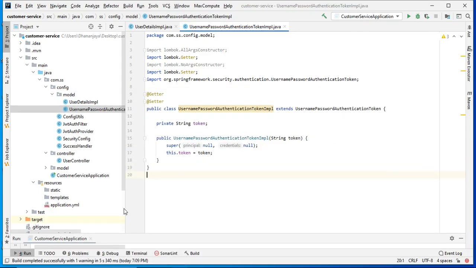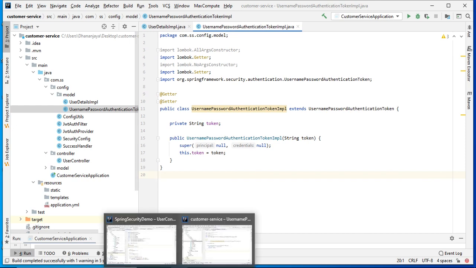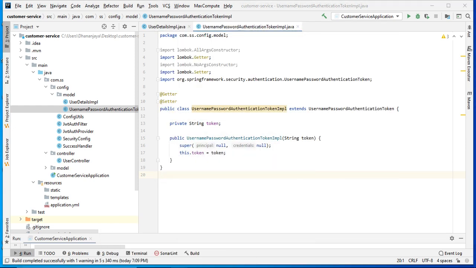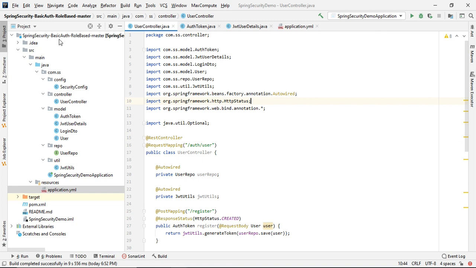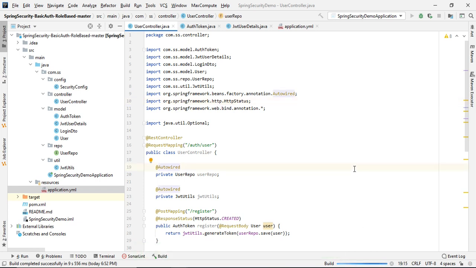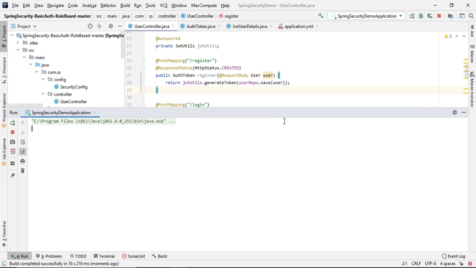Okay, so let me run the server and show you the functionality, whether it is working or not. The database is up and running. Let me start the auth service first. It is getting up.